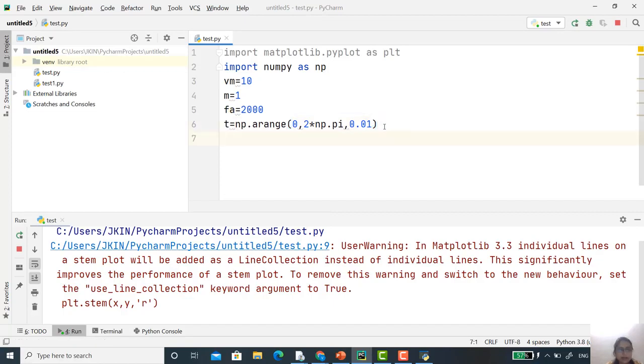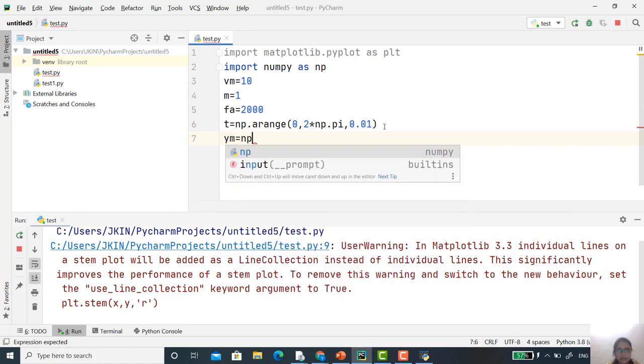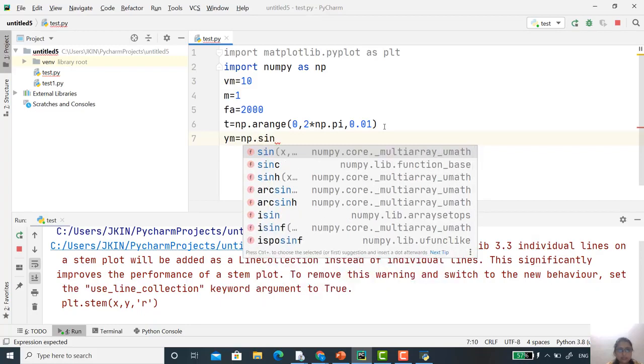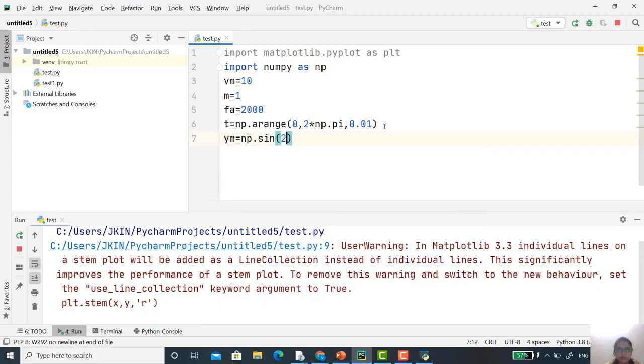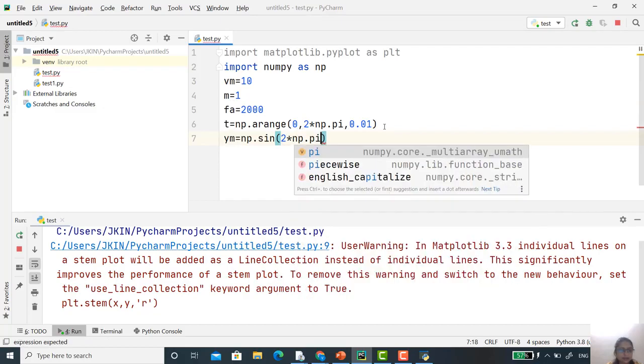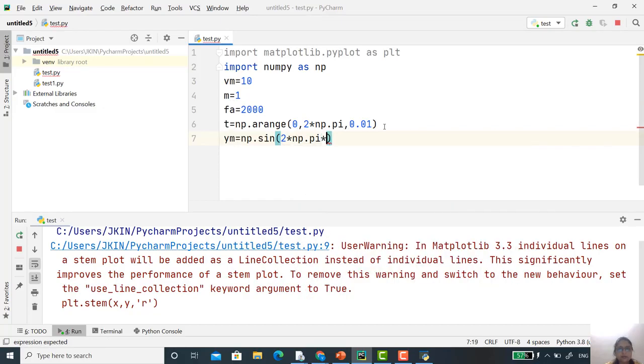Now ym is np dot sin. Inside the sine, I want 2 multiplied by np dot pi multiplied by the frequency fm, multiplied by t, that is 2 pi f t.